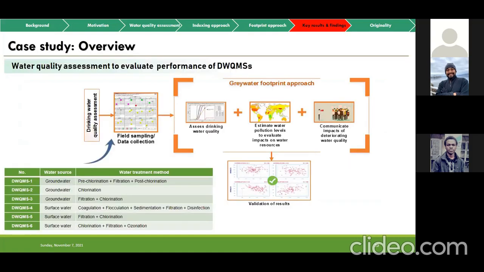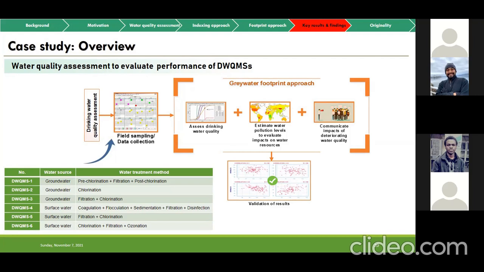Just a brief summary: I took 6 drinking water quality management strategies that are actually applied in Canadian water systems. One system has chlorination, filtration. Some systems have coagulation, flocculation. I'm sure most of you know these techniques. I collected the source water data from all of these and studied it. I didn't simply apply the C_a over C_v ratio. In addition, I used human health risk assessment techniques, Monte Carlo simulations, and data forecasting techniques